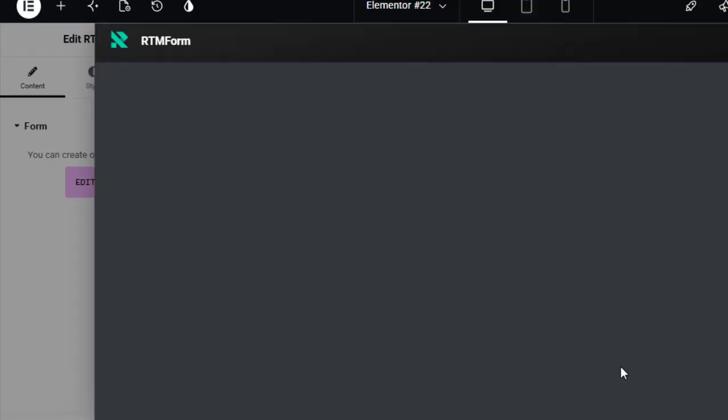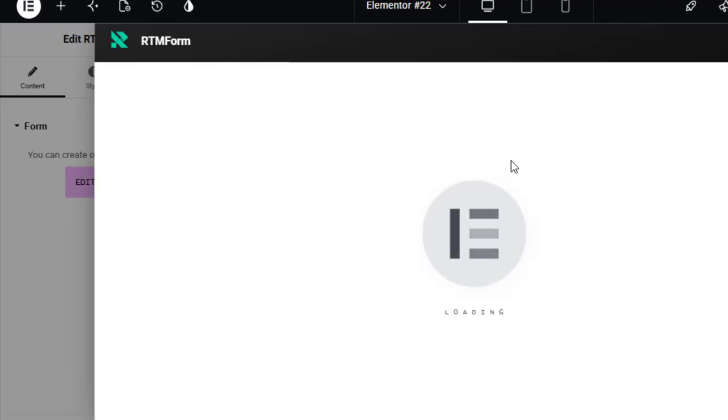After you save and edit, you wait first, it's loading to another screen for Elementor where you can create the form, and you can just drag and drop it, or you can use a ready template that's already available in RTMKit when you install it in your plugin. But first you need to wait,